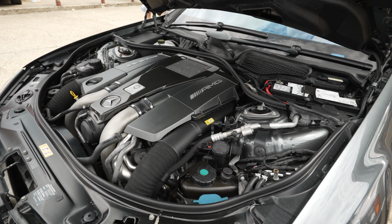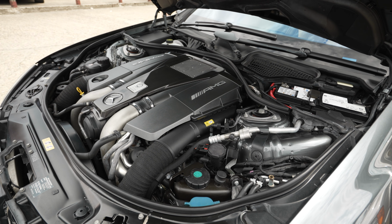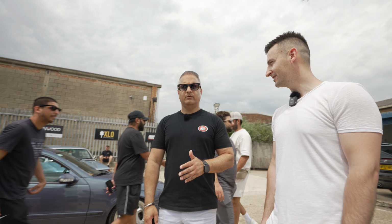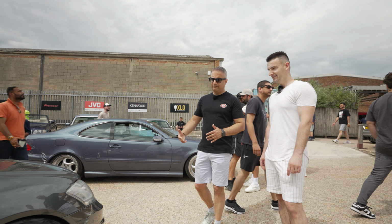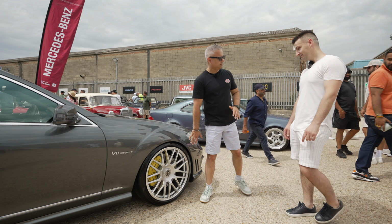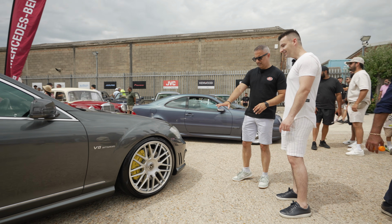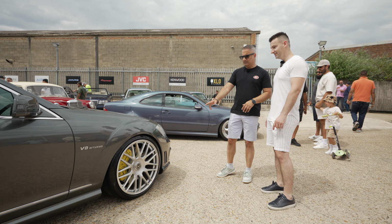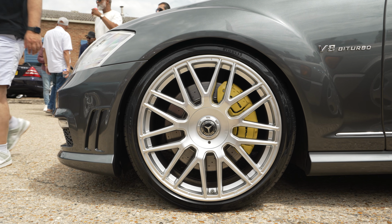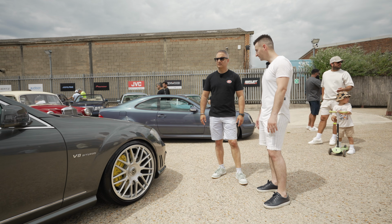So brand new, this car would be in excess of £100,000. Just under 150 to be precise. Wow. That is a very, very special car. Are these the factory alloys? No. I was going to say, because it's an unusual alloy and it doesn't look period correct. Am I wrong? These are of the C63S style,